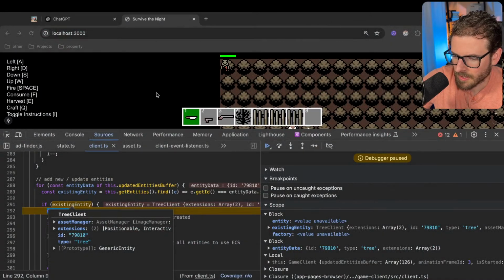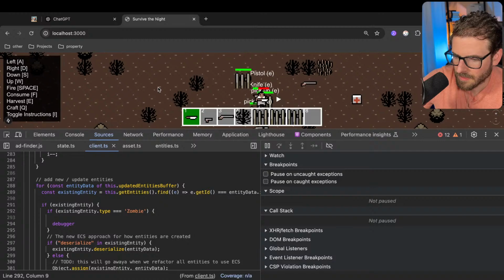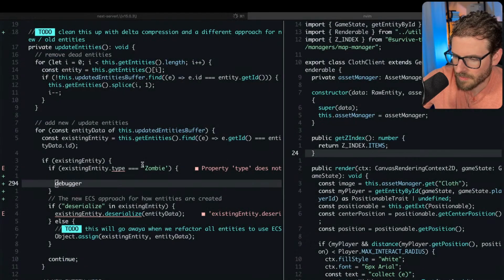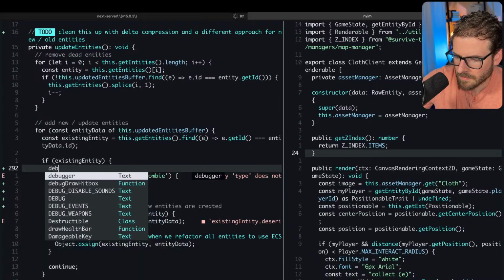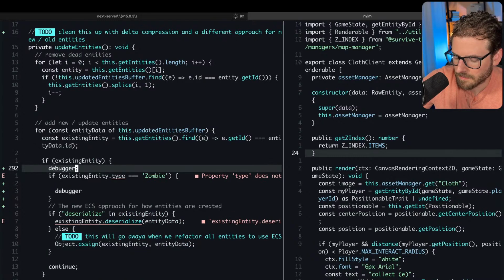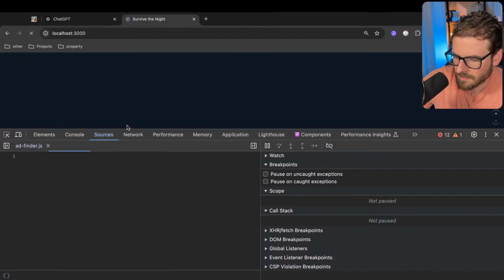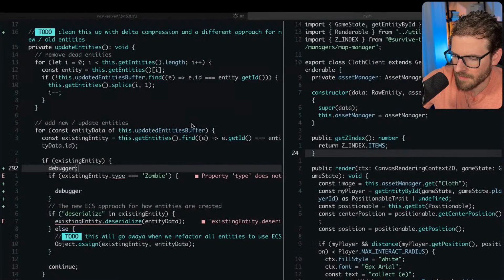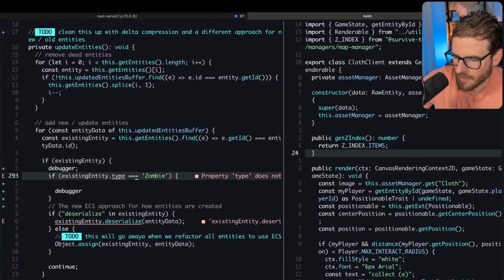Let's see if this will work. Okay, it did not work for some reason. ID and type. I feel like I might have deleted those at some point.